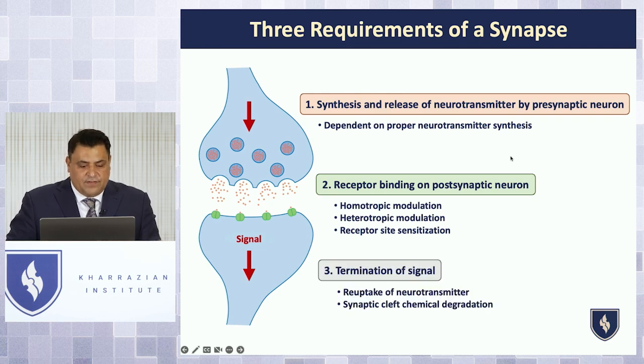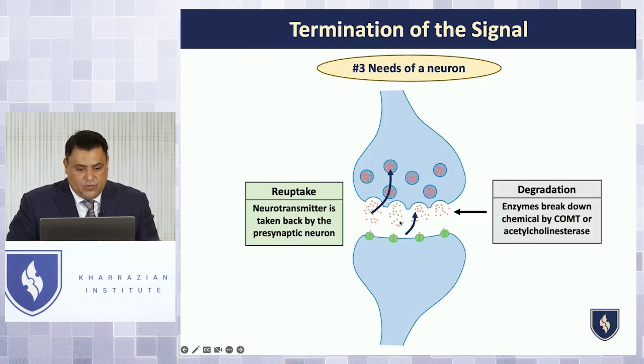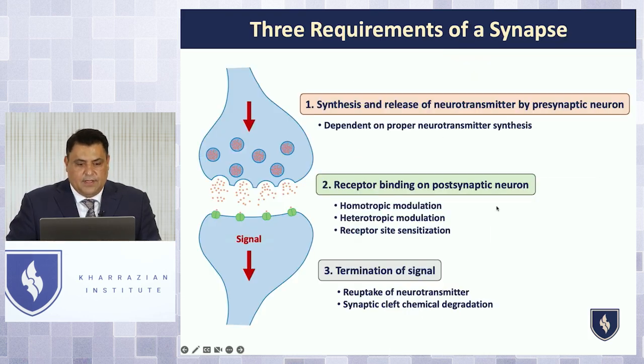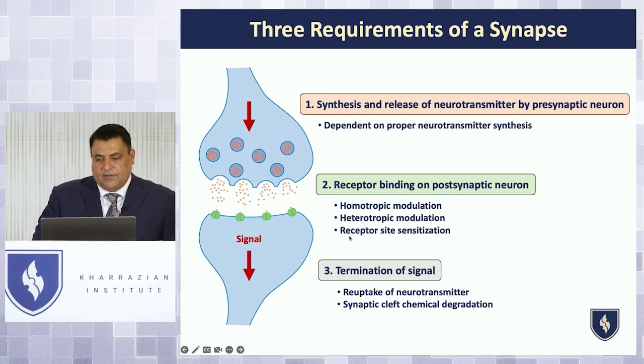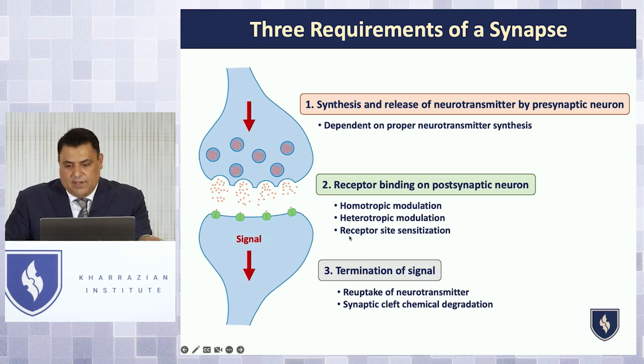And then the termination of the signal is critical. Once these neurotransmitter substances get into the synaptic cleft, they have to be cleared out of the way so that new ones can be released and then bind to the receptor sites. So this reuptake mechanism is really critical, and this degradation pathway is really critical. Those are the key things that we have to deal with when we look at neurotransmitter responses. So you could have things that impact neurotransmitter synthesis, things that impact the receptor sites of signaling pathways, like other hormones or other neurotransmitters or different natural compounds. And then we have reuptake and cleft degradation pathways, and certain things can impact those as well. We'll talk about those with